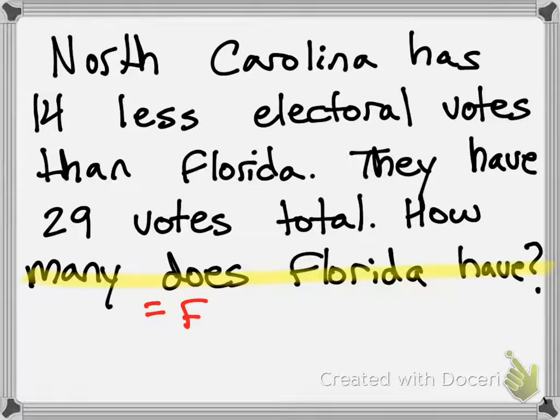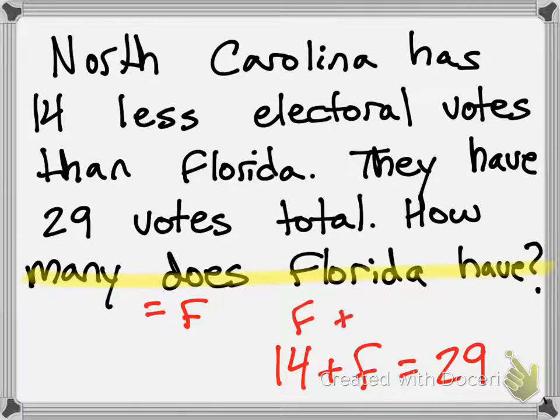I'm going to call on Gloria to give us her equation. Gloria says 14 plus F equals 29. Do we agree? Yes. Once again, it could also be written F plus 14 equals 29. They are the same thing. So the way we solve, we have a positive 14, to get rid of that, minus 14 on each side. That goes away. 29 minus 14, we get F equals